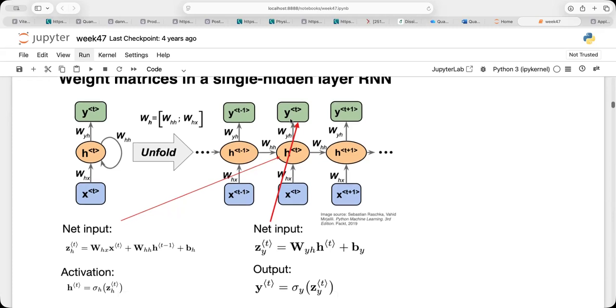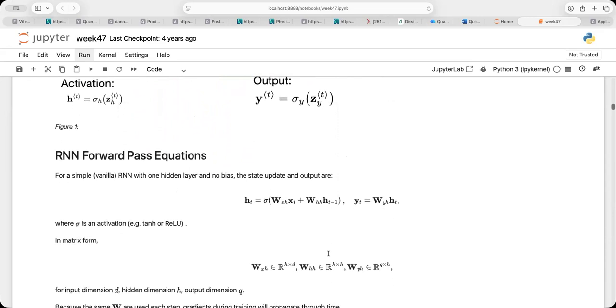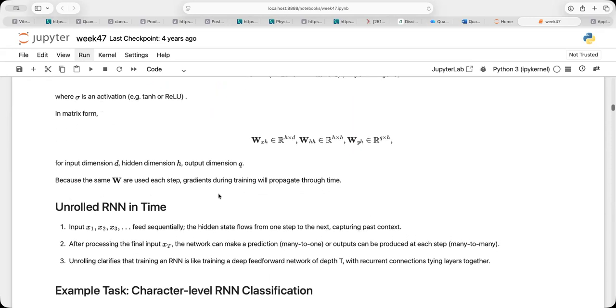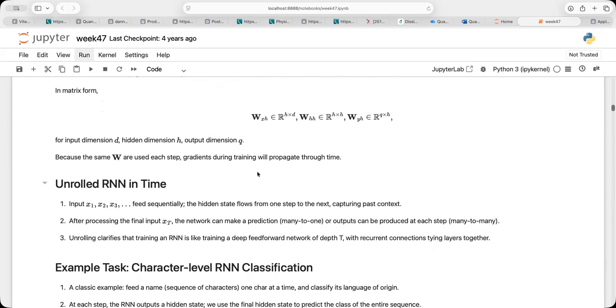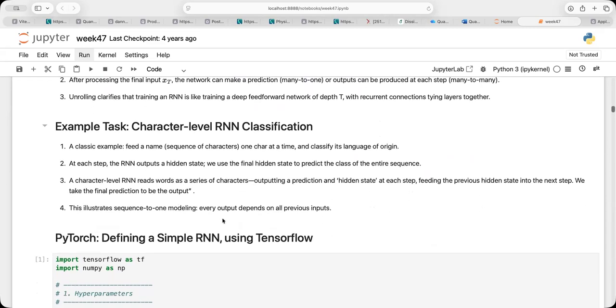When you do this, you see now the functions you need to train, and these are also the gradients which we need to train. So we need to set up these different guys, and then we need to roll back in time. The typical way this is done is by backpropagation in time, which we discussed last time.